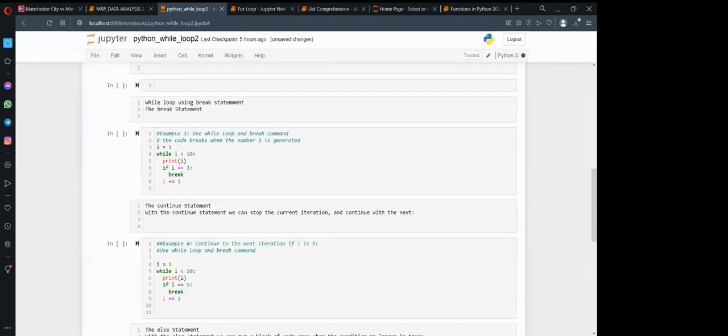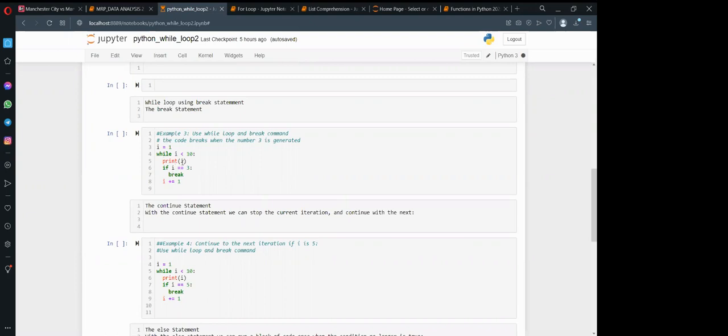Then you have while loop using the break statement. If you look at the upper examples, the first and second examples, you just introduce the break statement. I think earlier on you were taught how to use the if statement.